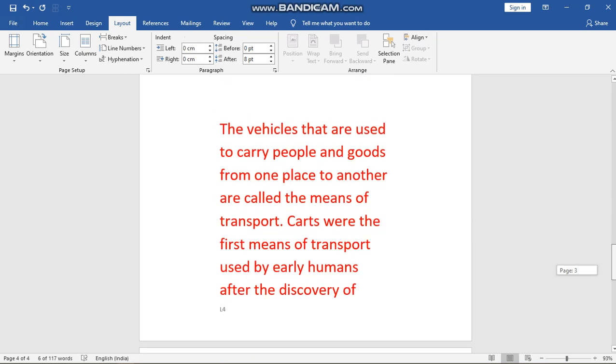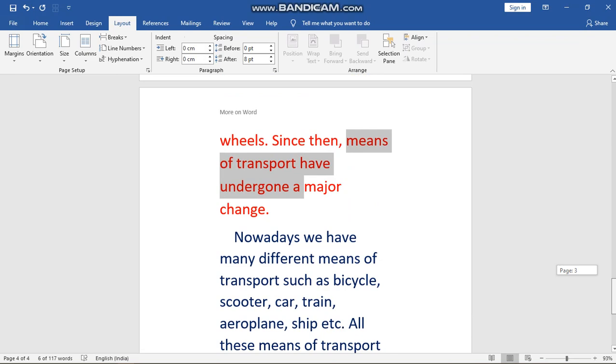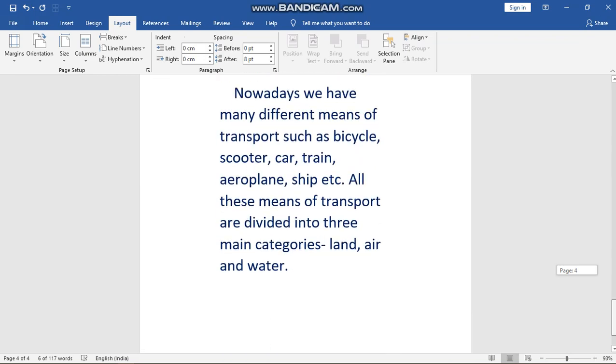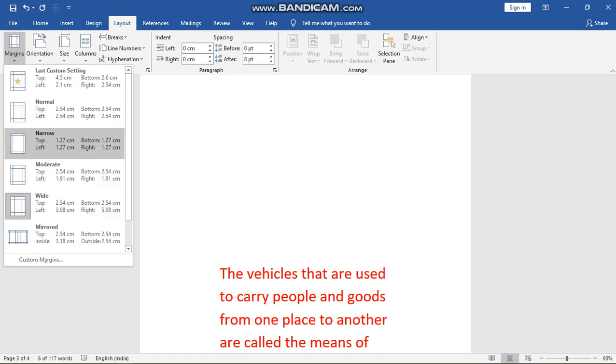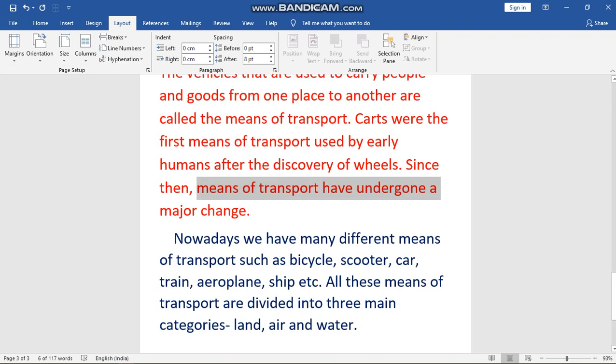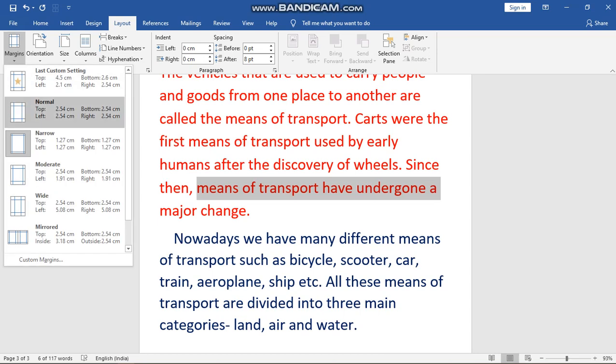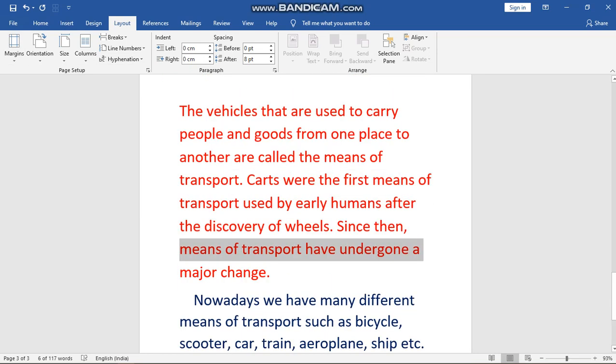You can see I have selected the wide margin option, so the margin space is greater than the text space. I can change it again. Just go to the margin option and click on the narrow button. This is the narrow margin. It's lesser than the wide margin. I can change it again. Just go for normal. This is the normal margin.